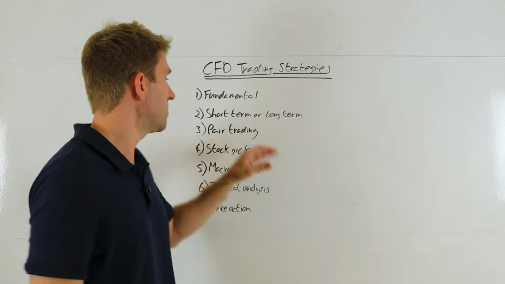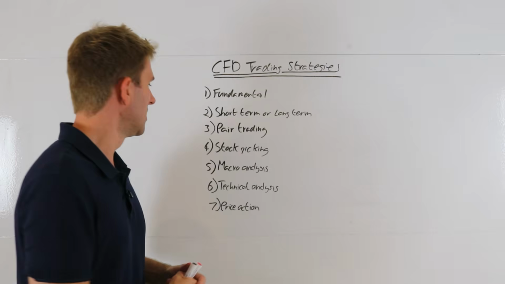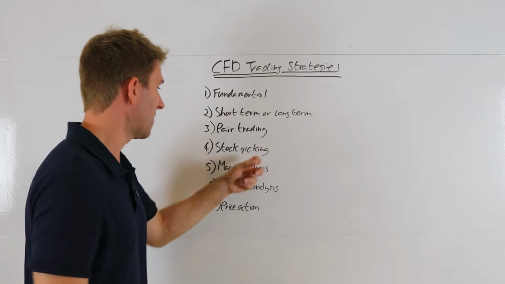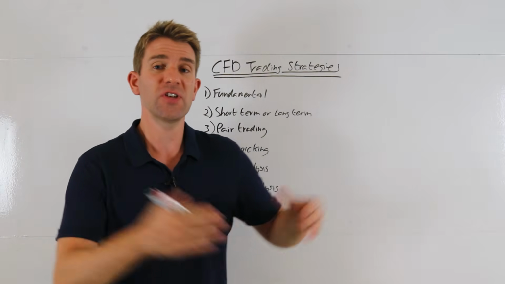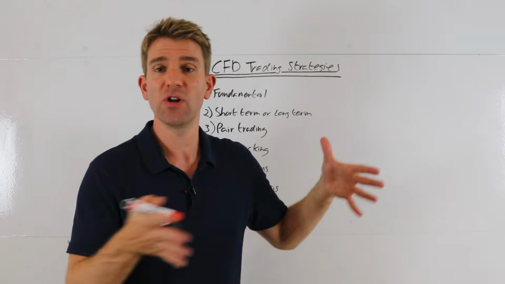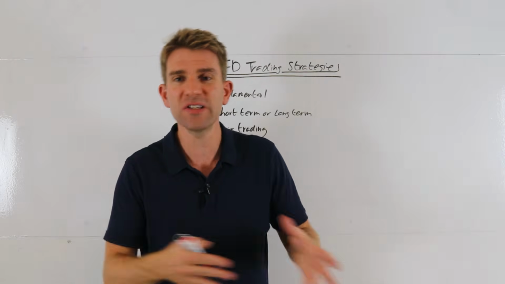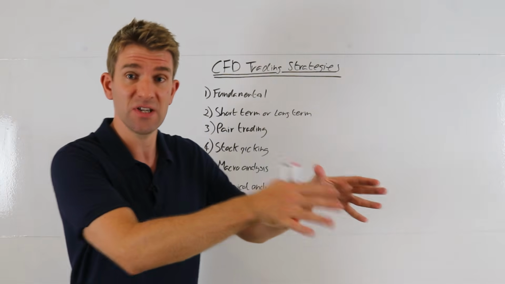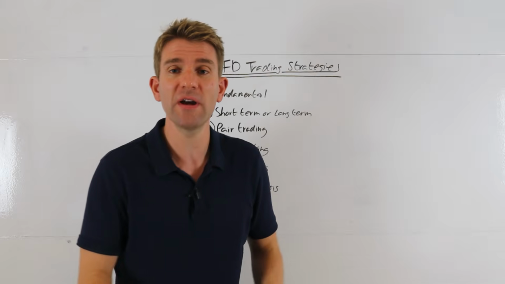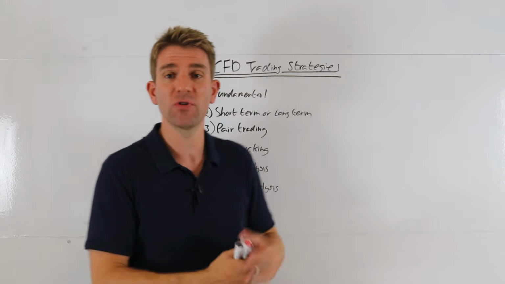But anyway, that's a super interesting concept to look at if that's your thing. All right, so number 4, guys, is stock picking. You can pick a stock you think is going to outperform or underperform. Let's say you're looking at the tech sector, or gaming, or consumer goods or utilities, or whatever sector you choose. You can pick a stock you think is outperforming and will continue to outperform, so carry on with your long trade, or say, hey, it's lagging, I think it's going to catch up. You can express the trade as you want. So stock picking is a